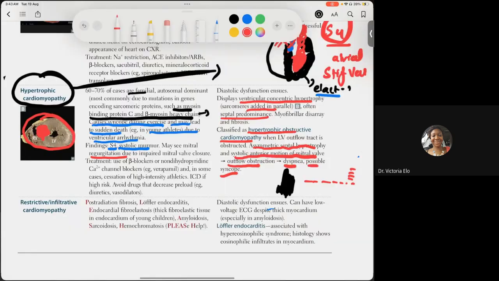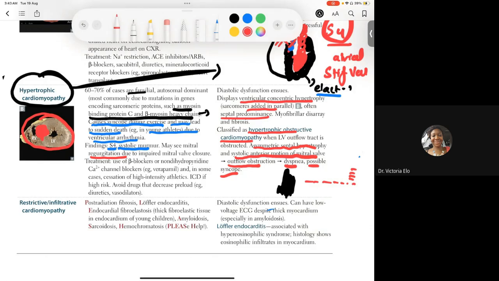That's a simpler concept. Let's just discuss it from here. So we can see we have septal hypertrophy, outflow obstruction, dyspnea, and possible syncope. Is it clear? Shall I just move forward? Okay. So what's going to be the treatment? Beta blockers, calcium channel blockers. Why? In order to decrease the heart activity, because increasing the heart activity would lead to